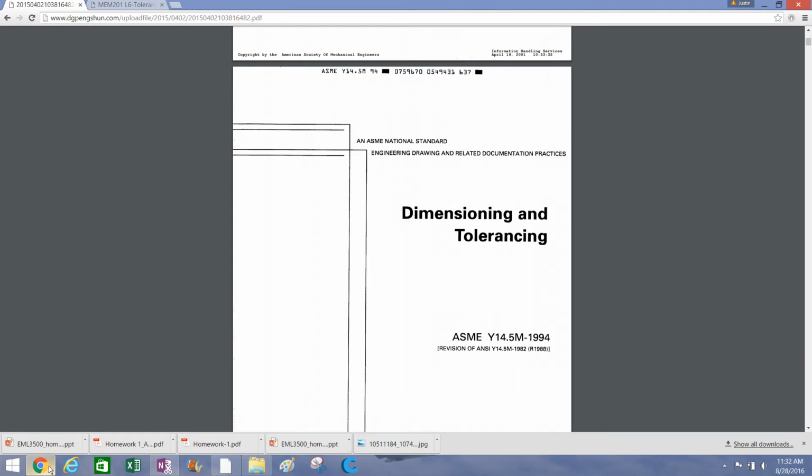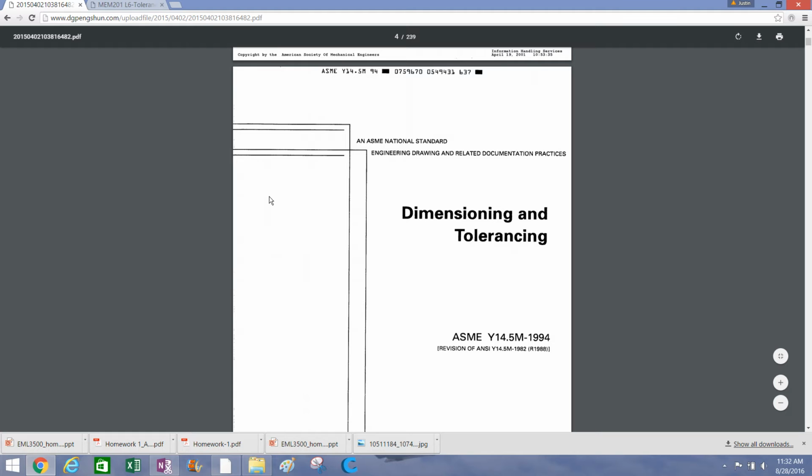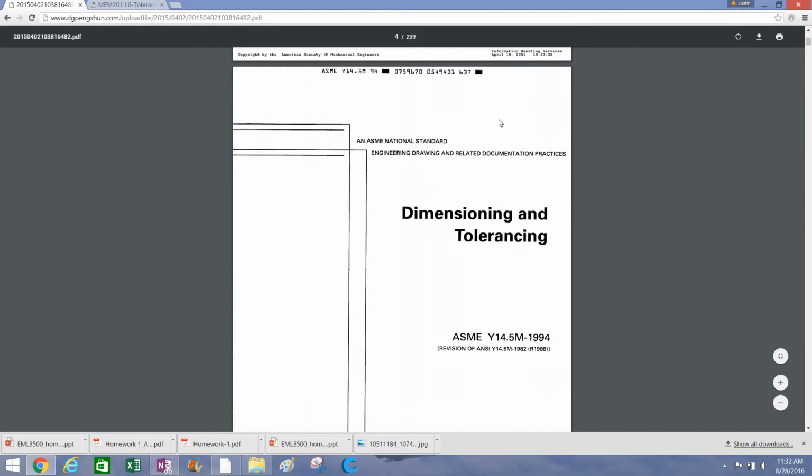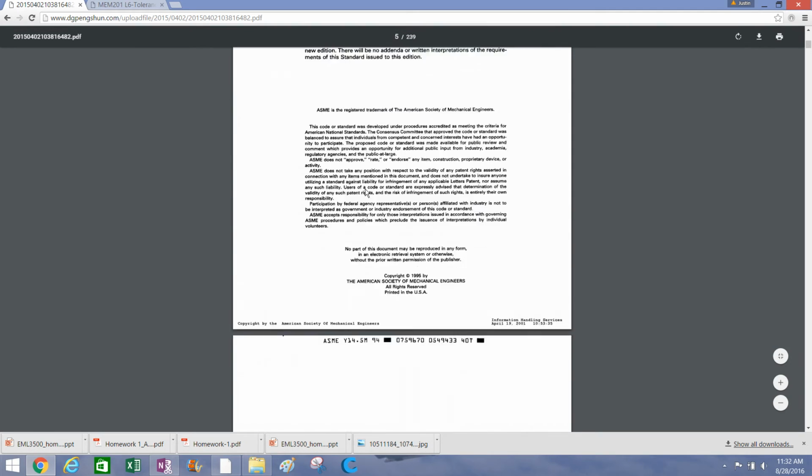Obviously, we have our own drafting standards at Lockheed, so this is just a similar standard. It's probably exactly the same. In reality, it looks pretty similar. So what you're looking at here is ASME Y14.5, dimensioning and tolerancing. I'll go ahead and give you this link, or maybe I'll just put the file on there for you so you can get to it. And as you scroll down through this,